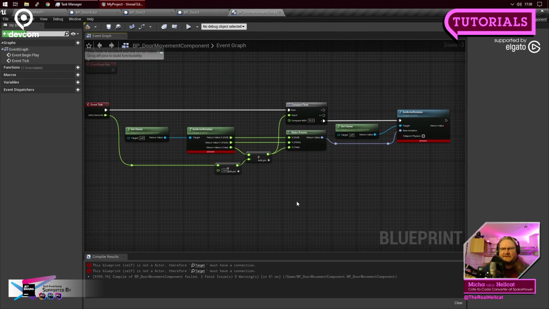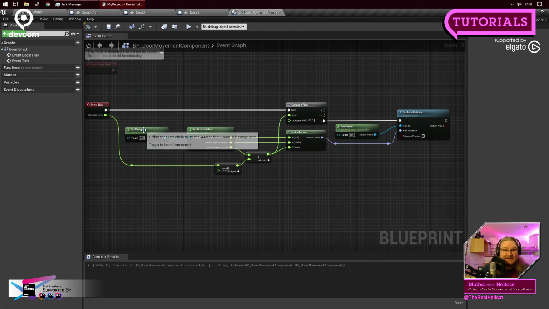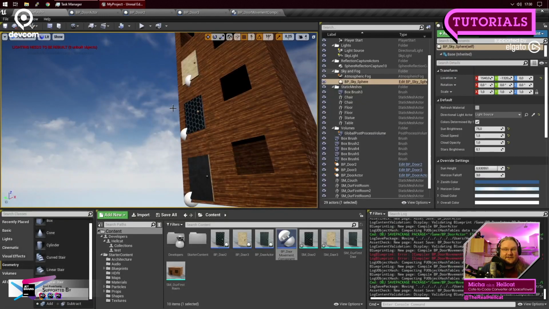And that looks good. So that should compile now. And it does. Let's hope it actually yields us the correct value. There's only one way to find out, right? So compile and save. If we go now into our scene and go into play mode and run everything,